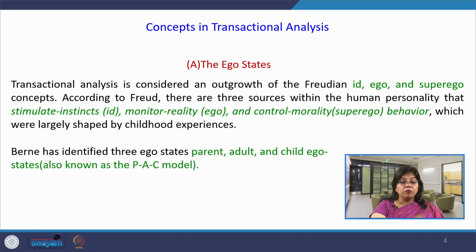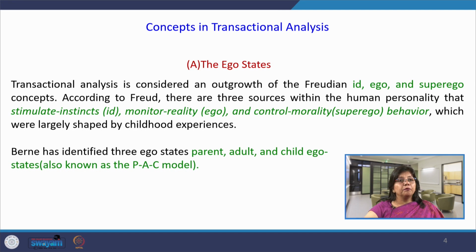And most importantly, the id, ego and superego are largely shaped by individuals' childhood experiences. From the day the child is born until adulthood, whatever experiences go on, those experiences are piled up and they are so influential in an individual's life that they tend to control the mind, and those experiences will automatically influence the three states, that is id, ego and superego.